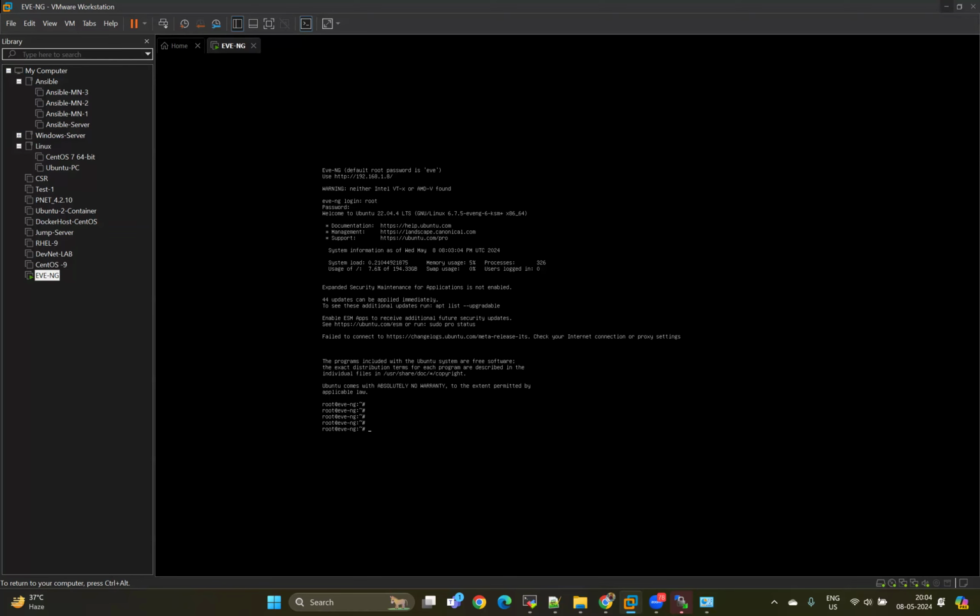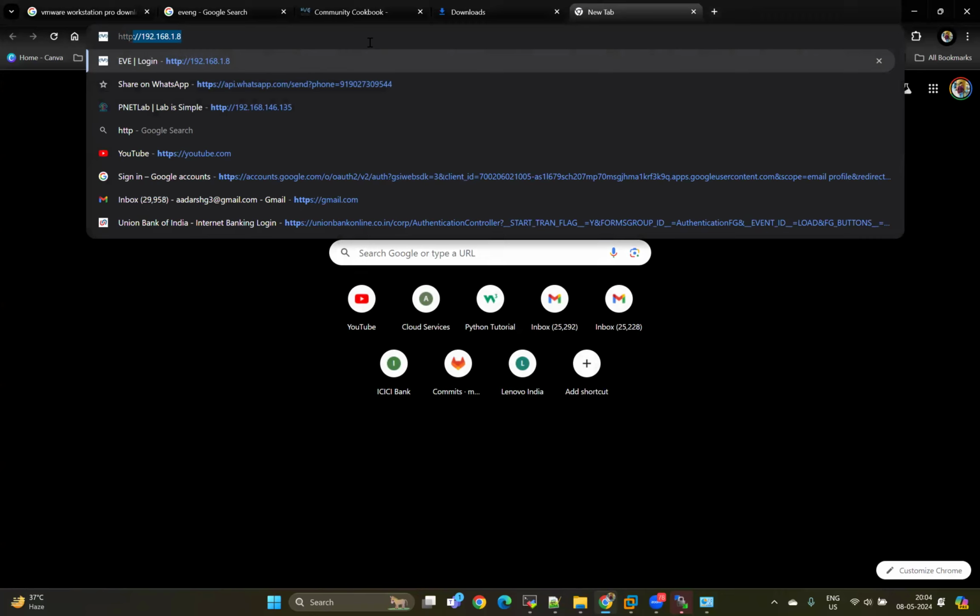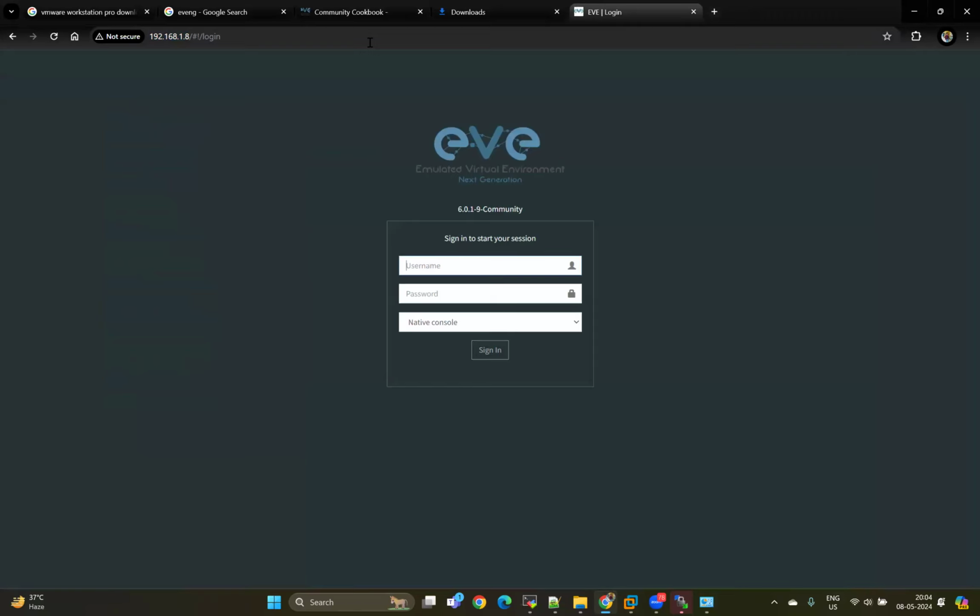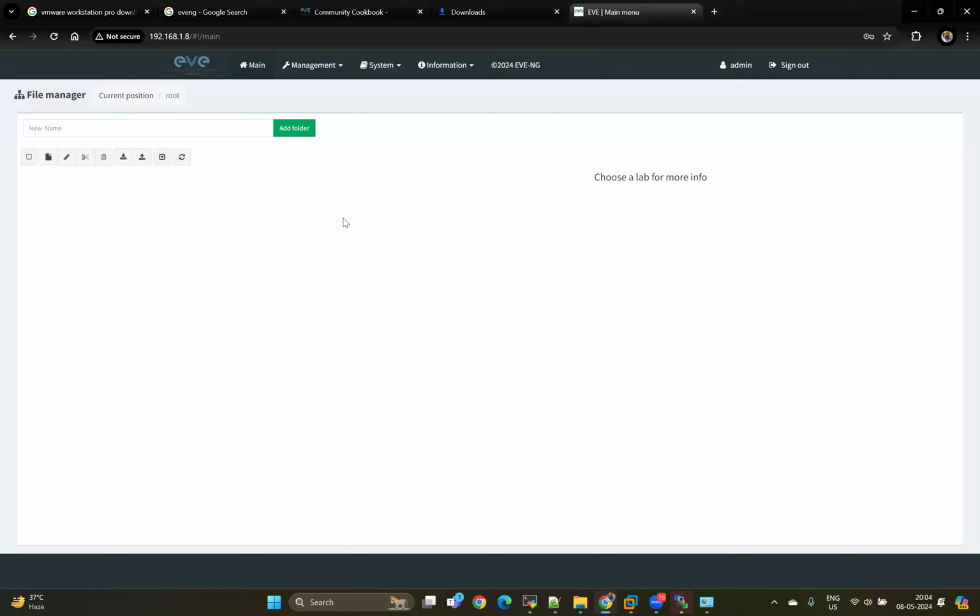So this is the CLI of EVE-NG, and let's access the web console of EVE-NG. So I'm going to the web here, and I'm just using HTTP 192.168.1.8. Username for web is admin and password is the same, eve. So it will look like this,